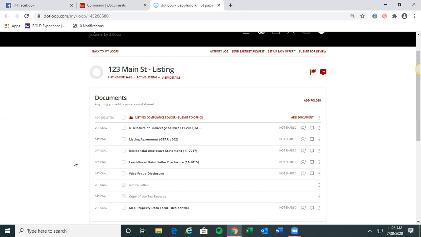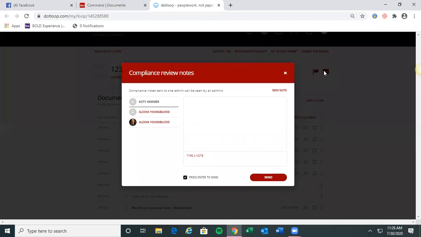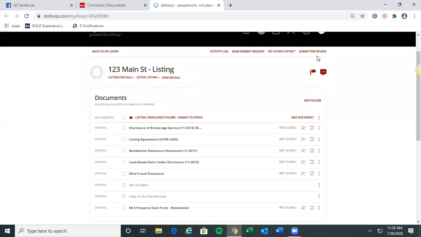So this is going to be a little bit of a mind shift. Now, we're not going to be communicating with you via Dotloop. We're going to be talking to you through Command. So you're not going to be able to submit a note to us to tell us something. That's all going to have to be done through Command. So we won't be actually talking to you through the notes, and you will not have to submit your file to the office for review. You will just be using this loop to prepare your paperwork, send it off for e-signatures, and it's obviously going